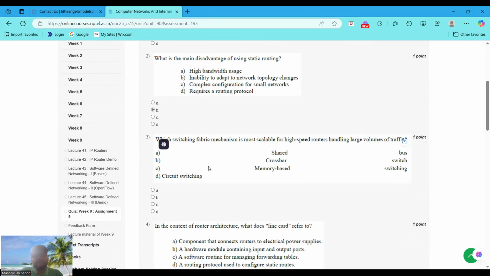Which switching fabric mechanism is the most scalable for high-speed routers handling large volume of traffic? Large volume of traffic. Which switching fabric mechanism? That is crossbar switch. Option B. Okay. In option B, a crossbar switch is highly scalable and can handle large volume of